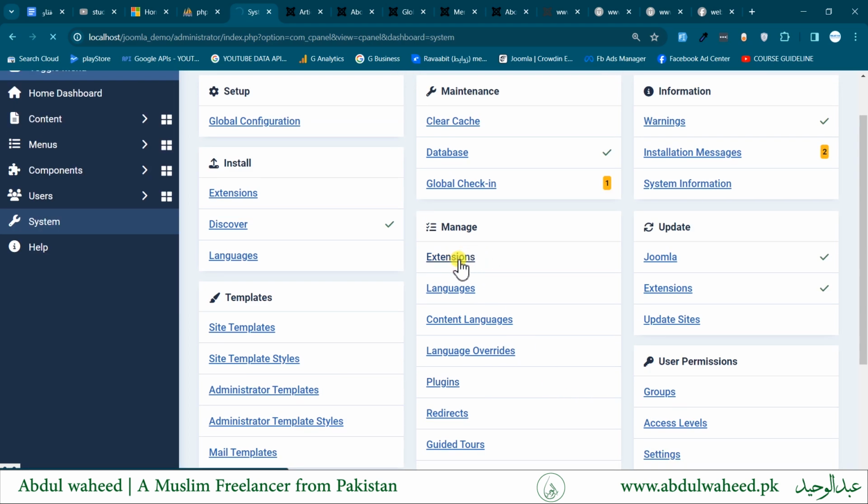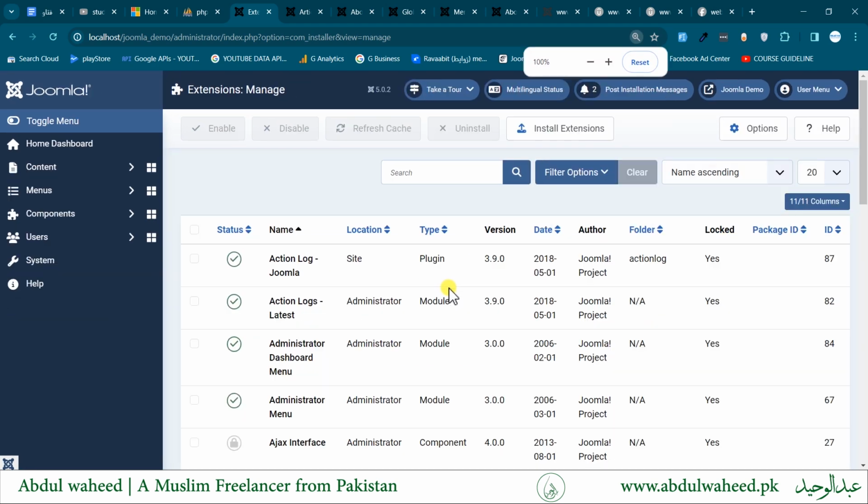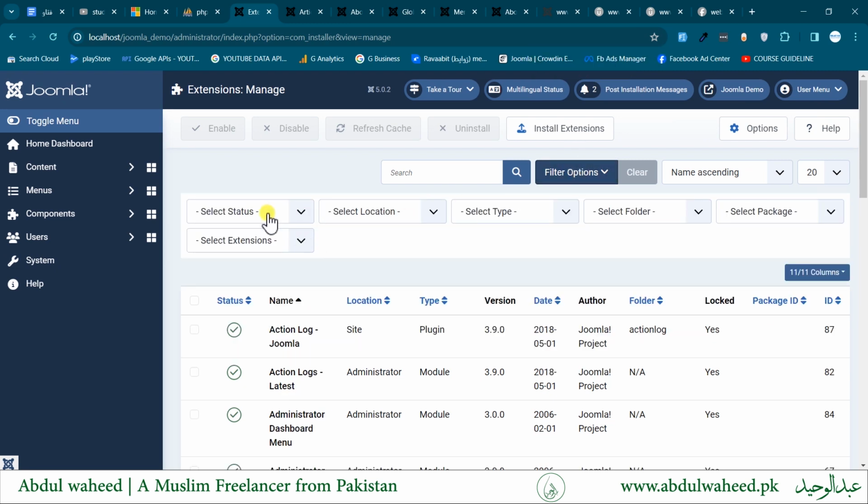Under extension management, this will list all the extensions which are installed on your website. In the filter options, we have status, location, and